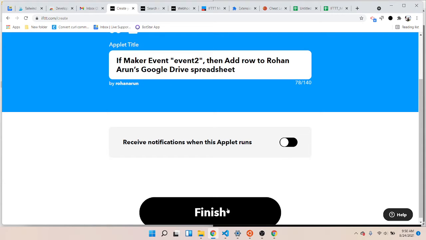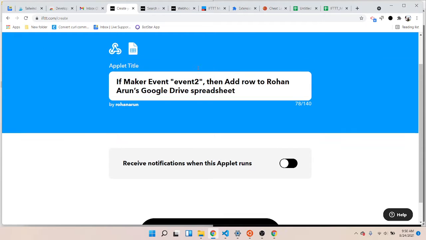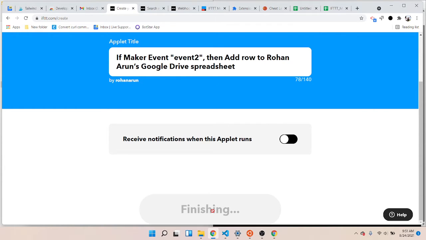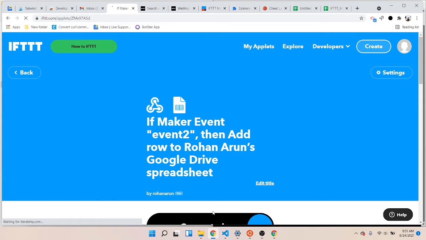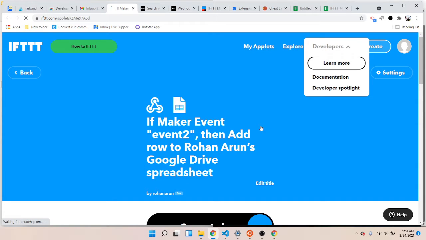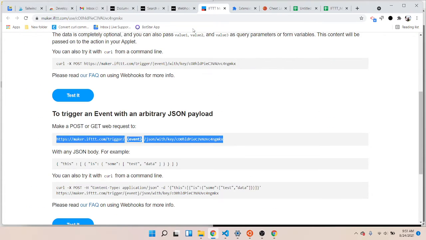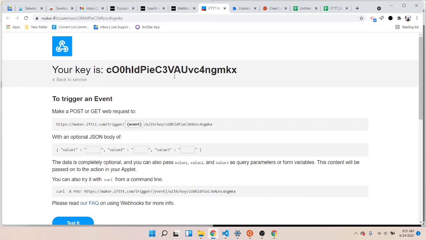And then click, okay, remember that your event is called event 2. And I've already linked my Google Drive and everything, but you'll have to link your Google Drive. And then click finish. And alright, now what we need to do is find